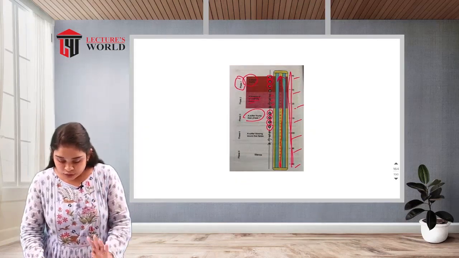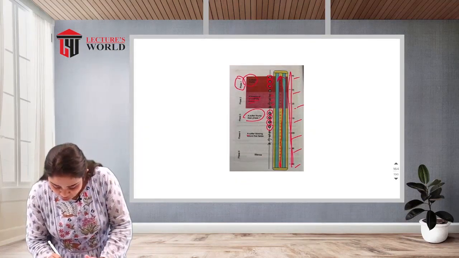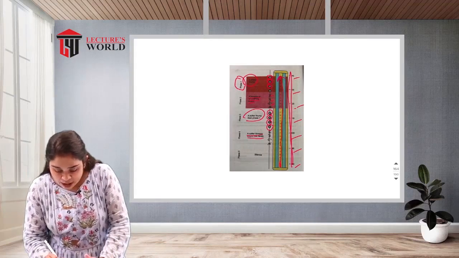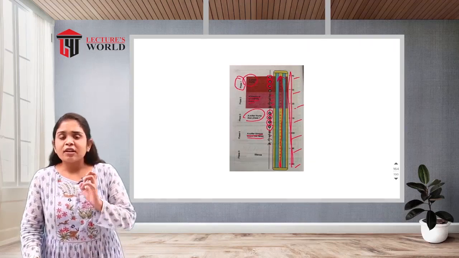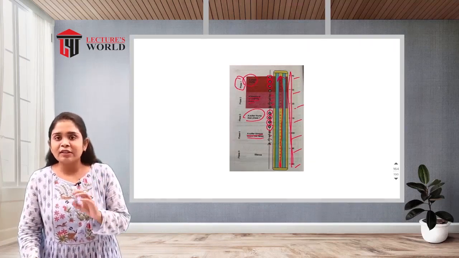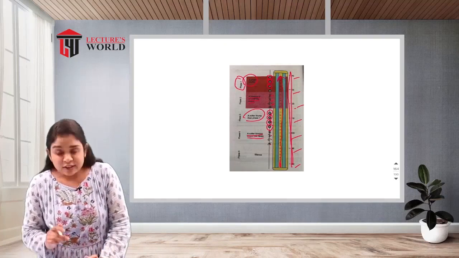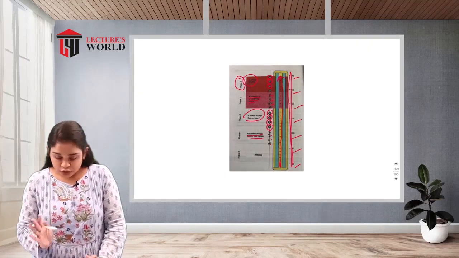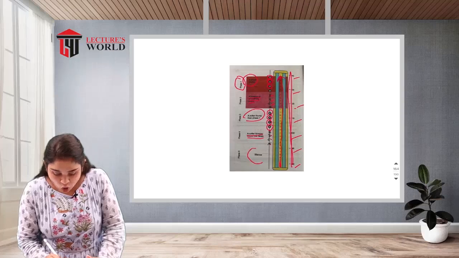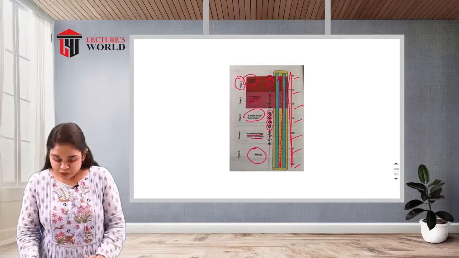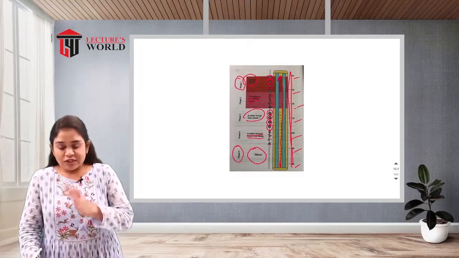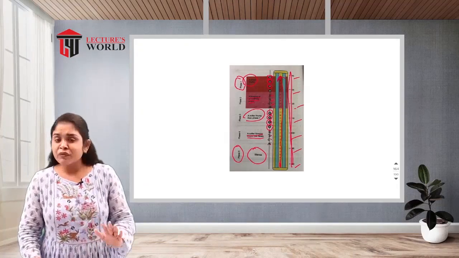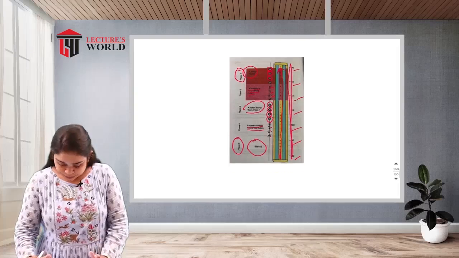Then after that is the fourth phase, a softer blowing sound that fades. Here the intensity is again going to be reduced, and the sound will be a little soft. That is phase 4. Then all the sounds will fade away, which is known as silence. That is phase 5. These are all the phases which we have to remember.